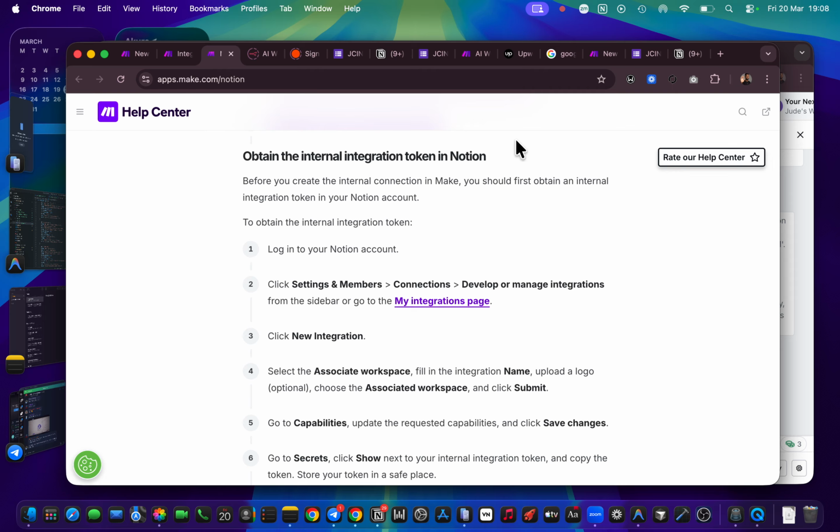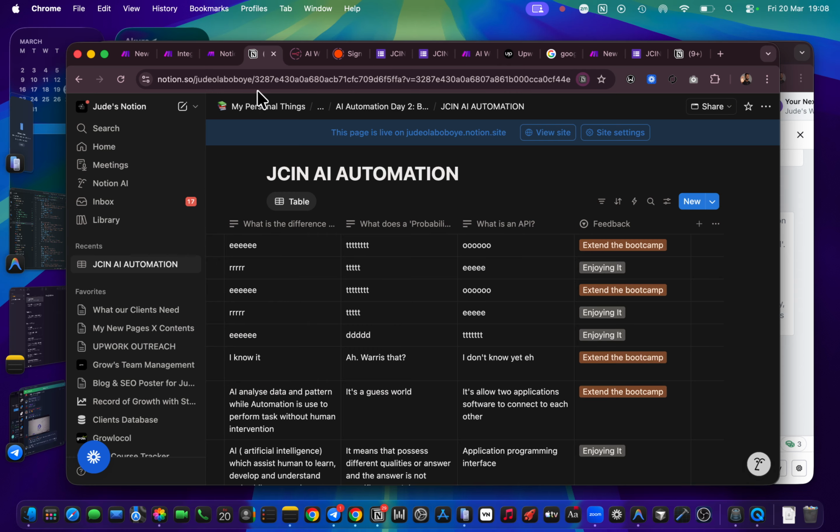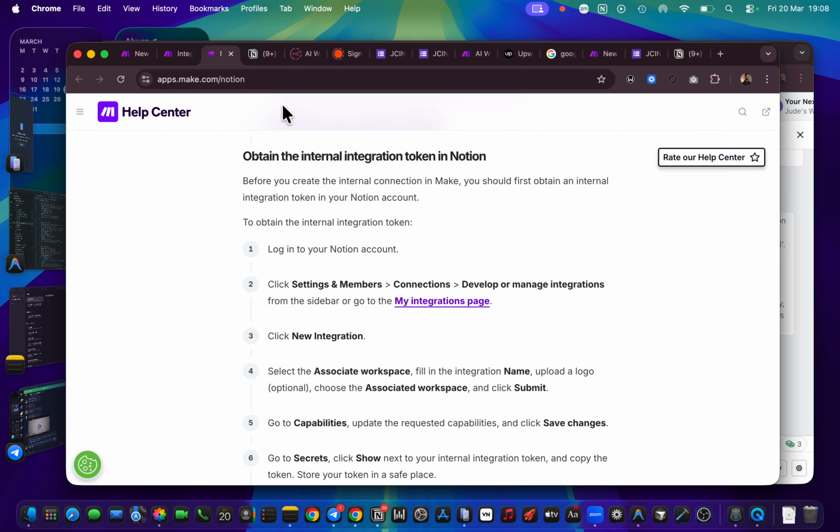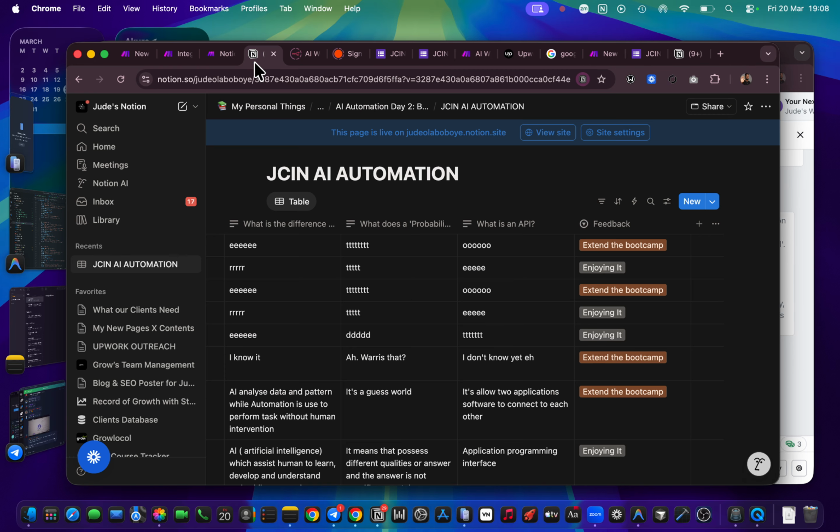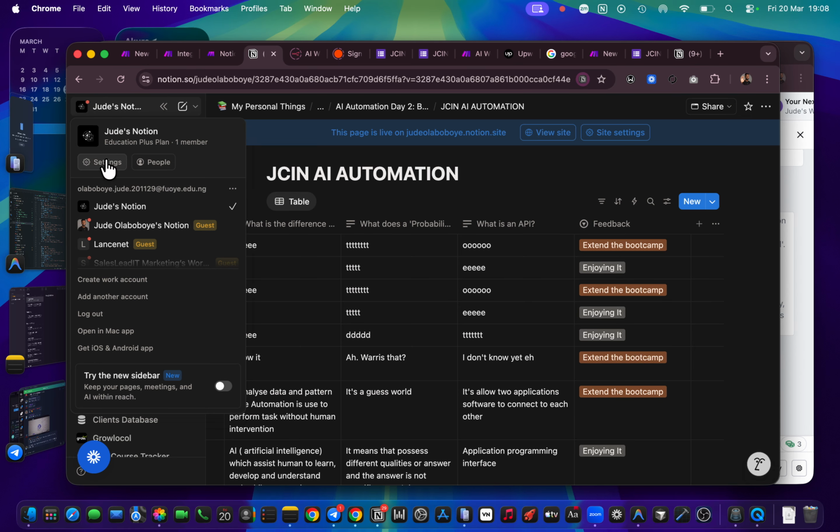You log into your Notion account. This was how I did it, though I did not use this, but there was a separate connection I was trying to make that I used the documentation for the first time. And when I wanted to do it, I brought these two things together. I brought that particular app, the same way I'm bringing Notion, right next to the documentation page, and I started going through it. Log into your Notion account. Okay, I've logged into my account. So the next thing is click on settings and members. Where do I get these settings? Most settings are probably with your account itself. So I started looking for my account and I saw a drop down, and I saw settings.